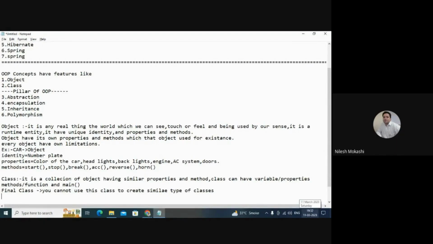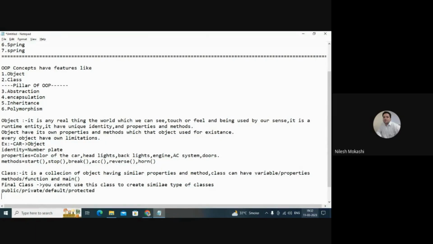Then we have public class. Okay, actually we call them modifiers: private class, default class, and we have private, public, protected. Okay, so this many classes we can have. These are all different types of properties, or you can say class names I have given.